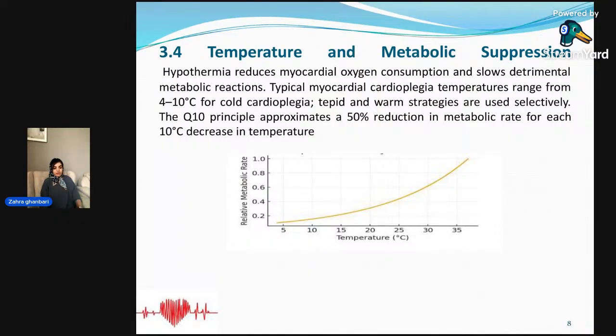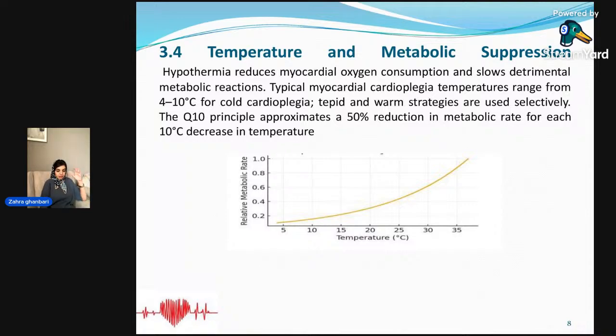Temperature. Role of temperature. Dr. Peter Joseph Safar, an anesthesiologist, demonstrated that when we reduce the temperature of the brain, the CMRO2 of the brain actually becomes reduced. By this, when we want to do CPR on the patient, we have more chance of a living brain. About the heart, it is true: when we lower the temperature,